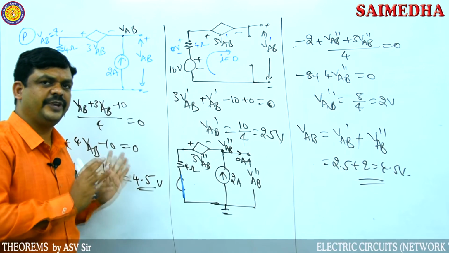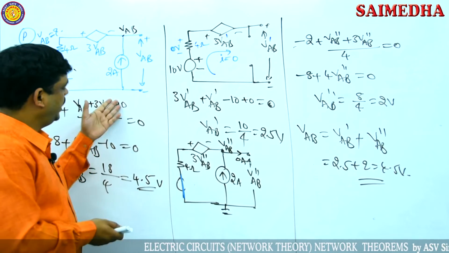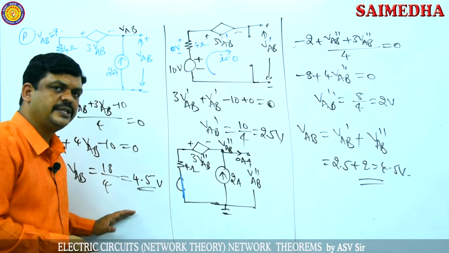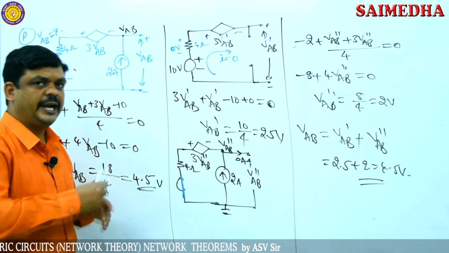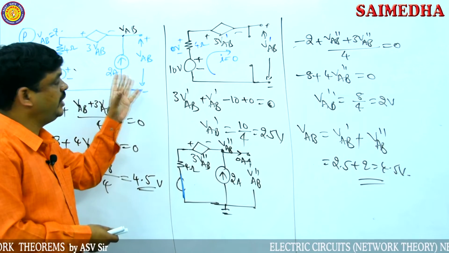Because we want here only output VAB voltage, that's it. So using any theorem or any method, it takes only 2 or 3 steps, directly apply this technique and solve this. And if it is a conventional paper question, for academic purpose, you have to find VAB using